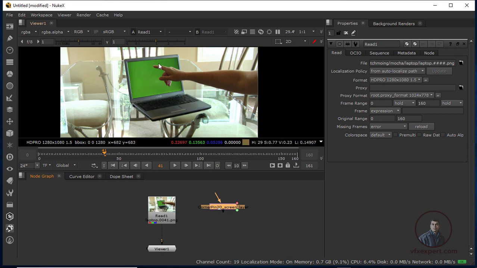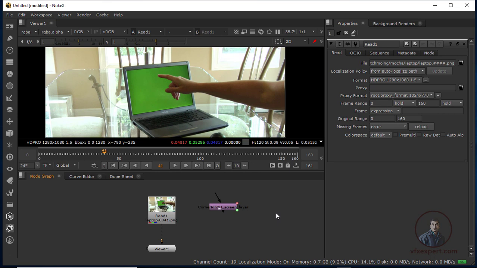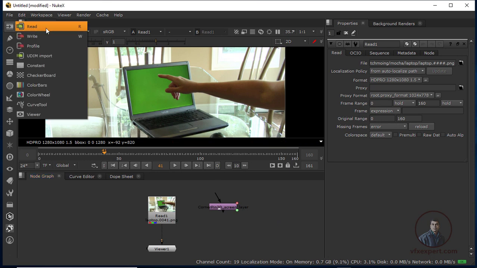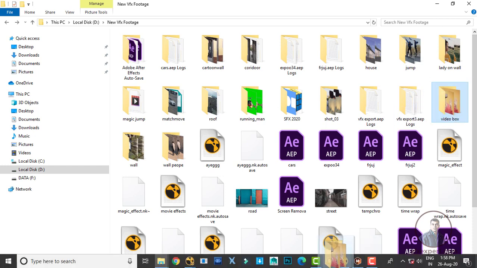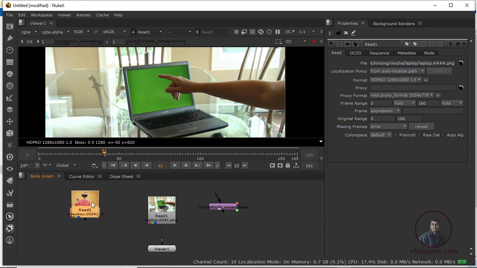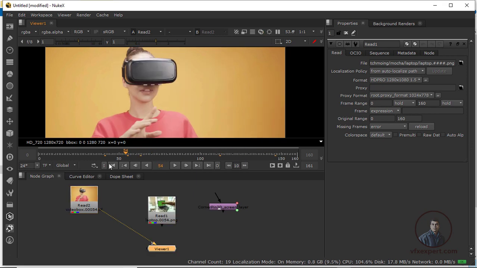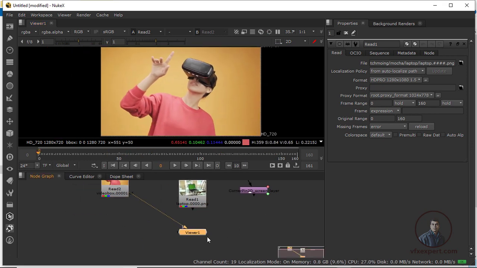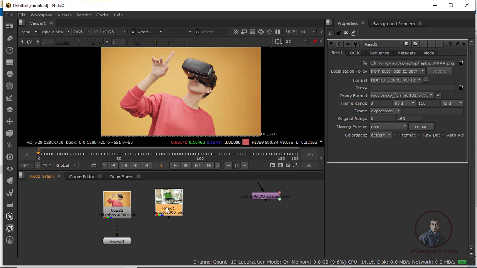After that you have to import any images or video which you want to place here. Then simply again you can drag and drop, or simply you can import from read node. Then select your folder because this is an image sequence, then simply drag and drop. Now press 1, select your footage, then press 1. Now here you will see this is your footages. Now again, first select this one, now press 1.